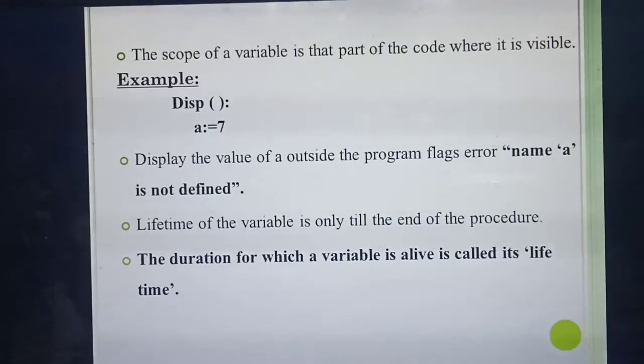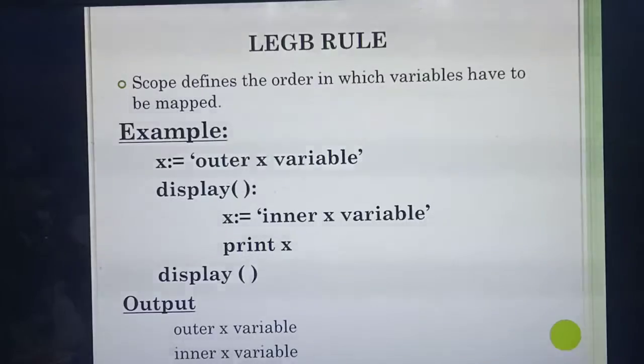So that only we call a lifetime. What do you mean by lifetime? So duration, that is an important 1 mark question. See the last line. Sometimes they will ask a 2 mark question also. Define lifetime. Or they will ask: duration for which a variable is alive is called dash, lifetime. What's the meaning of lifetime? That means how many times you can use the variable inside the function. So the duration for which a variable is alive is called lifetime. Understood? Okay.